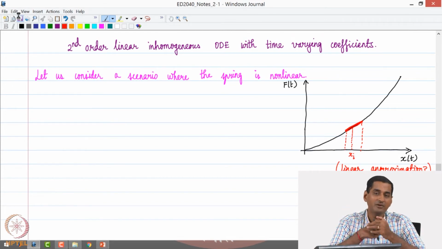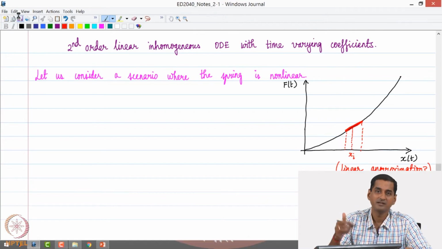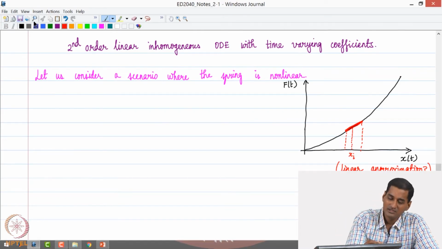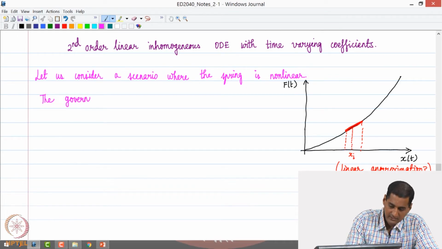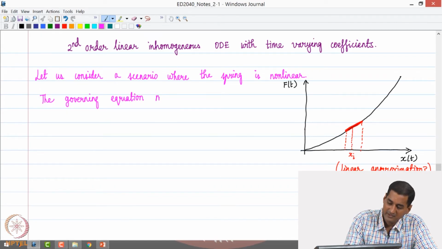Then I may no longer be able to use a linear model for the spring. Then what is it that I can do? In such cases, the governing equation would become, may be written as,